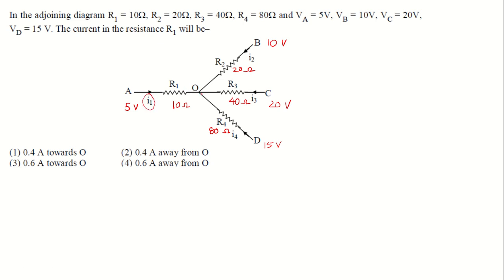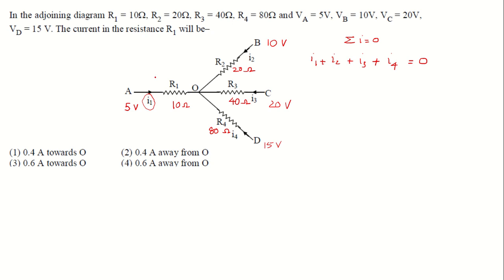The current in the resistance, our aim is to find the value of I1. Here, at the center point of the circuit, we can observe that all the currents are entering into that point. So we can just apply the junction rule. What is the junction rule? It is very simple: sigma I equals 0. So all the currents are meeting at the point O in the same direction, and hence we can say simply that I1 plus I2 plus I3 plus I4, the sum should equal 0. Then how can we find the value of I1?